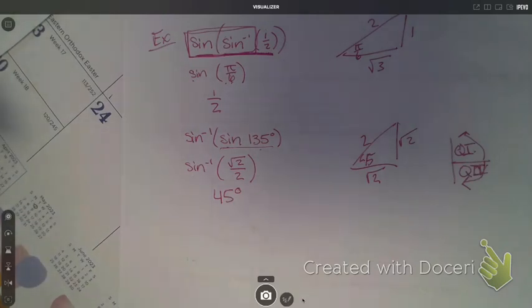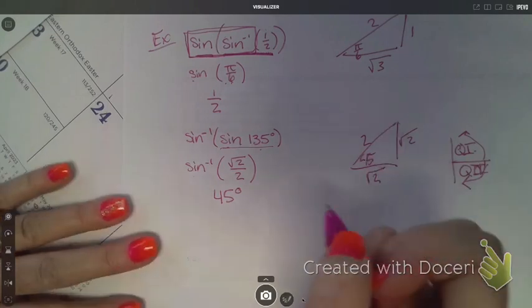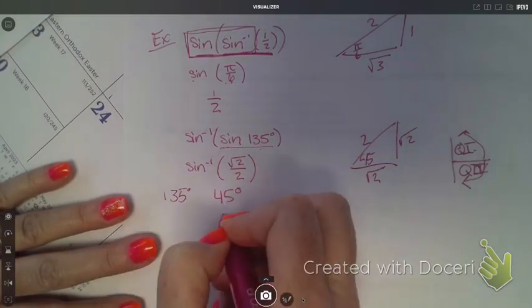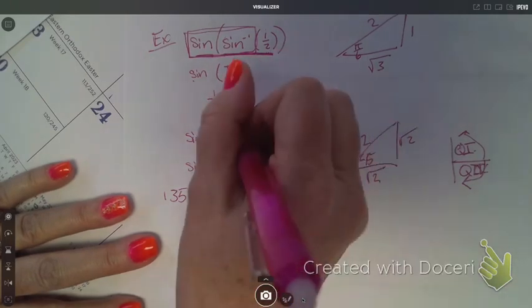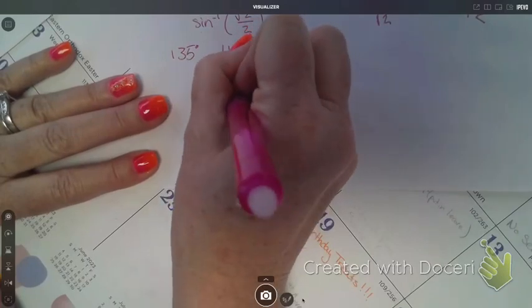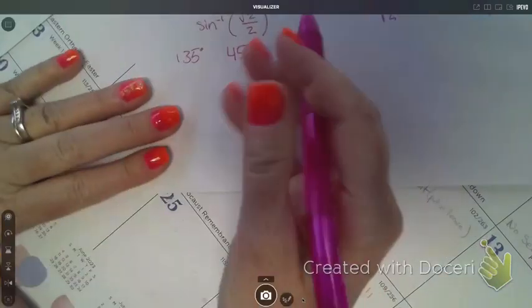Why couldn't it be 135 again? Because it doesn't exist. So basically it is 135, but you have to find the 135 angle in quadrant 4. So what if I said the inverse sine, and this goes for cosine too. Here, we'll do cosine. So the inverse cosine